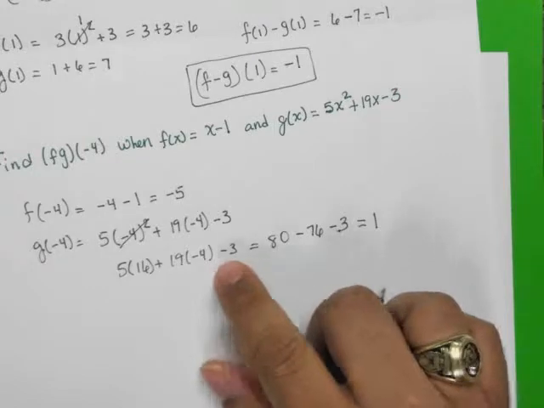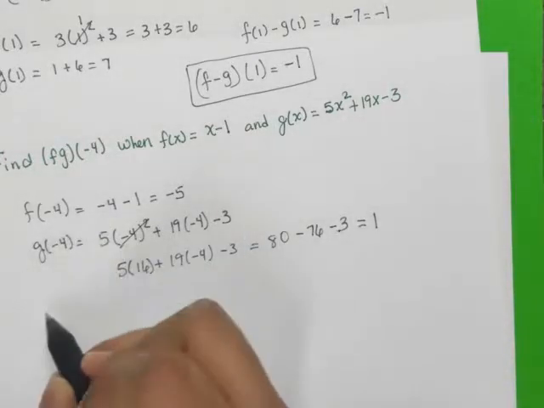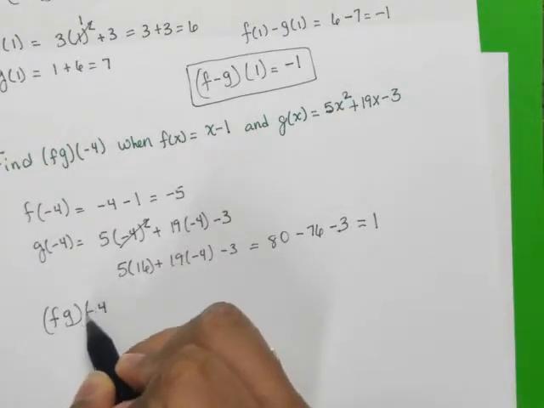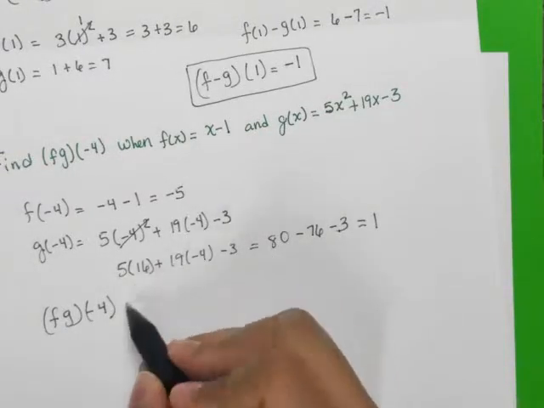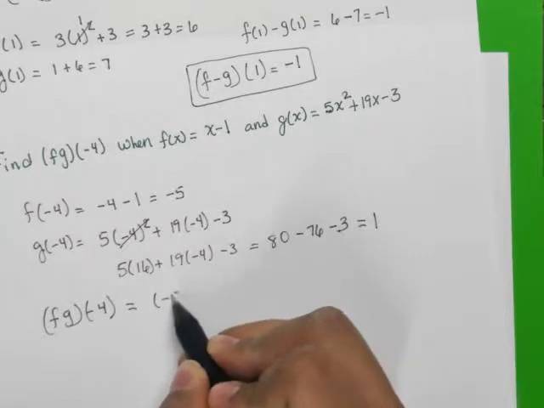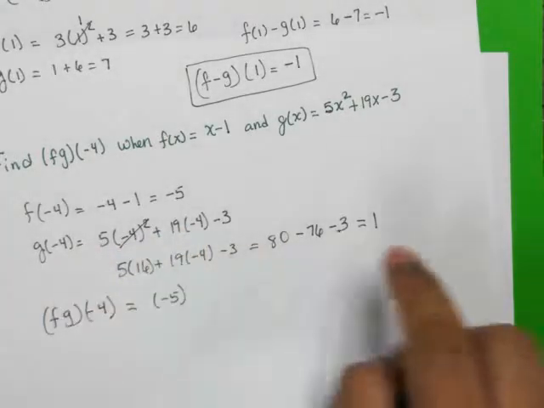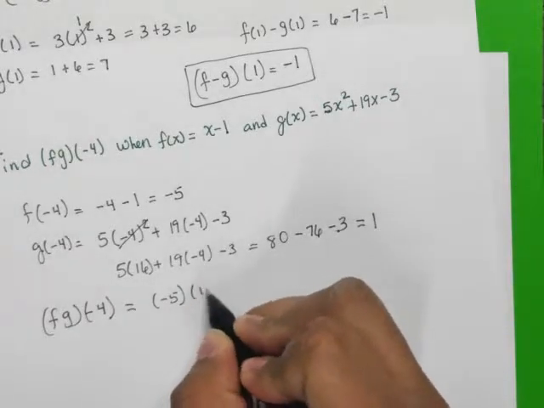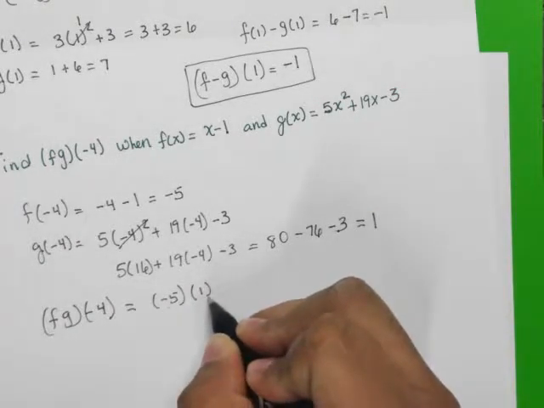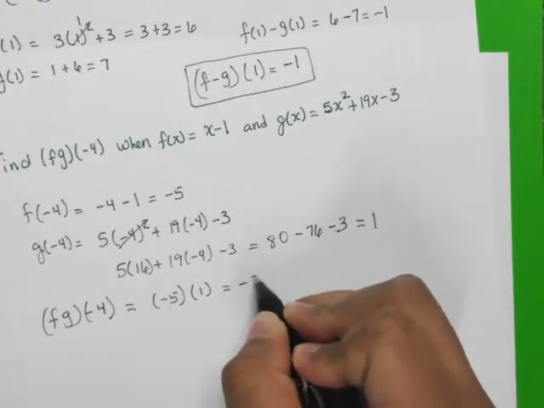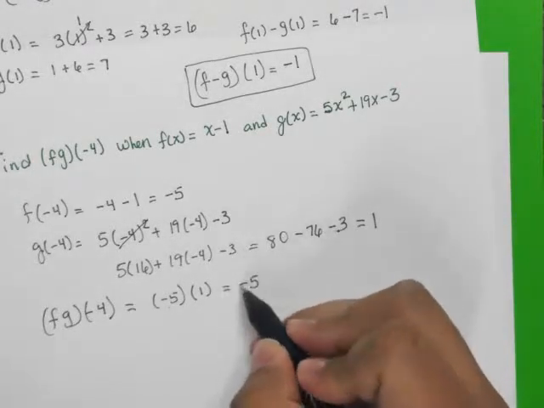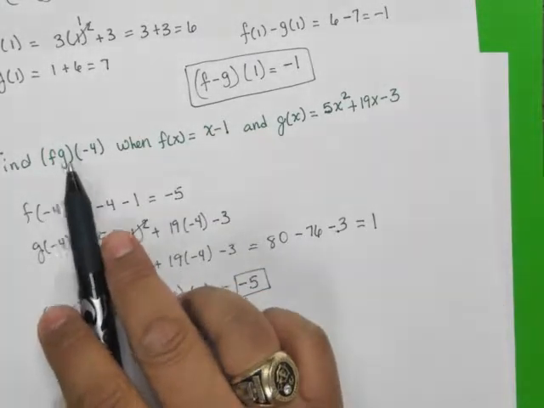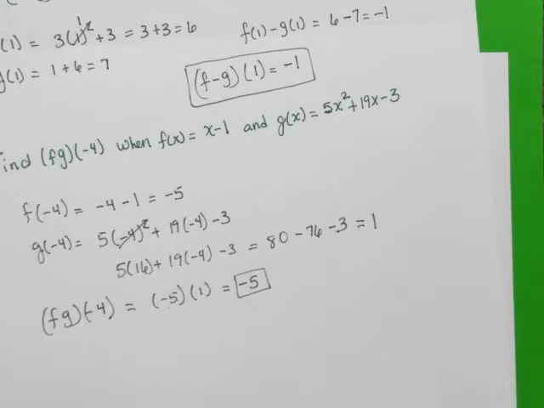Okay, perfect. So now we have f times g of negative 4. All right, and what did we get for f? We got negative 5. And what did we get for g? In this case, we got positive 1. So we're going to multiply that. And what is negative 5 times 1? Well, it's negative 5. So right here is our answer for this operation of the function. So f times g of negative 4 happens to work out to be negative